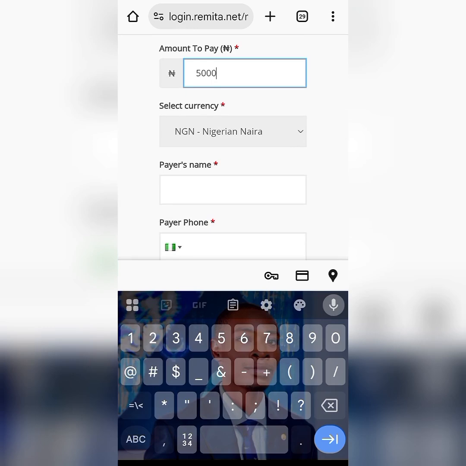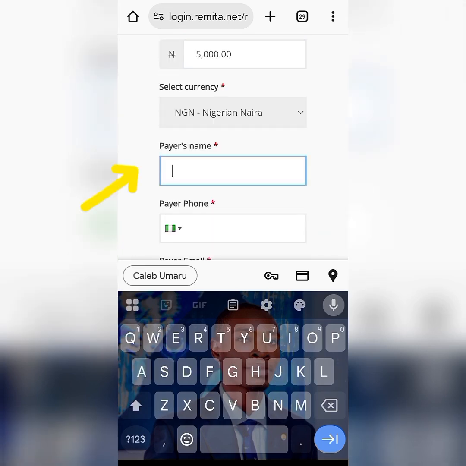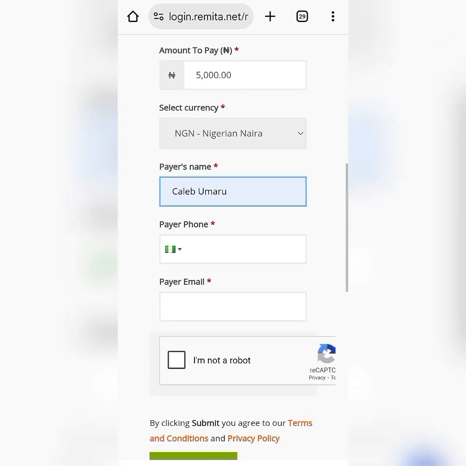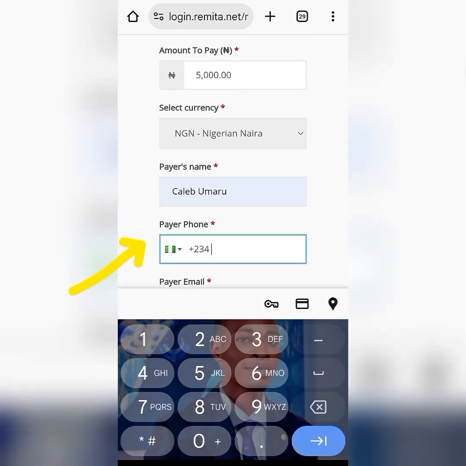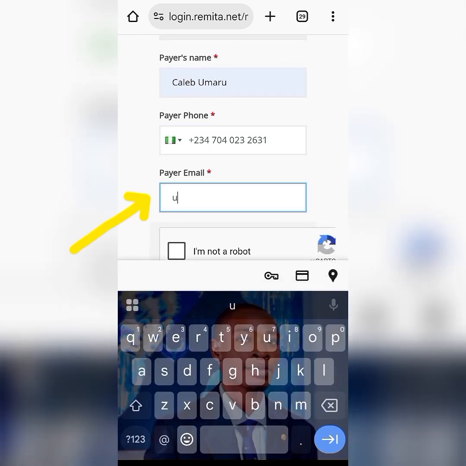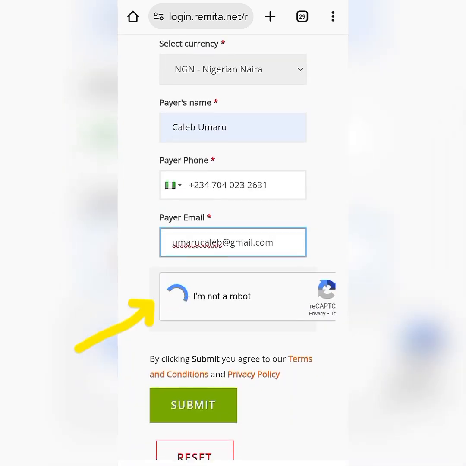So now, currency is already set to Naira. Then payer's name, I'm going to write my name. You can see. I'm also going to write my number. Then email, I enter my email as well. You can see. So I'm going to say okay, I'm not a robot.